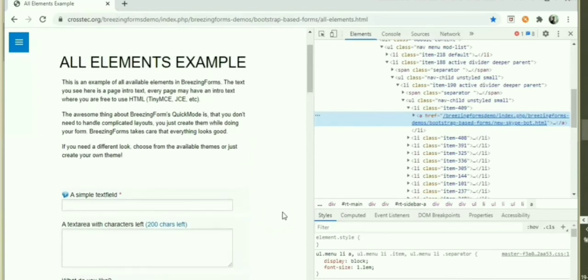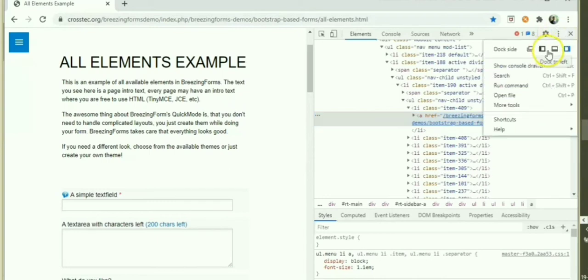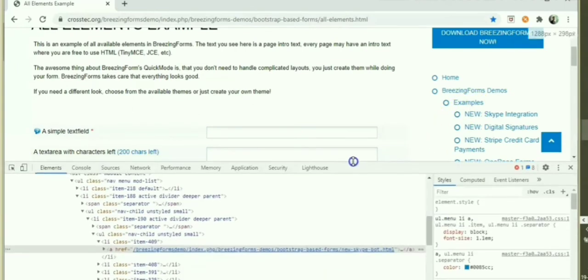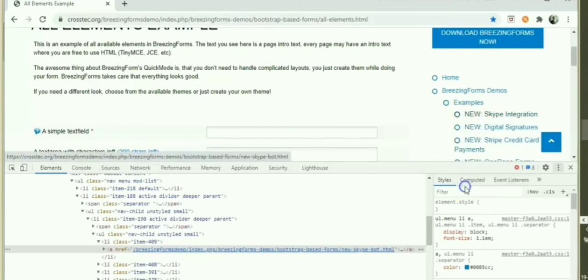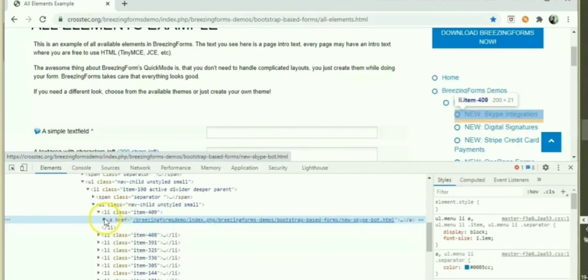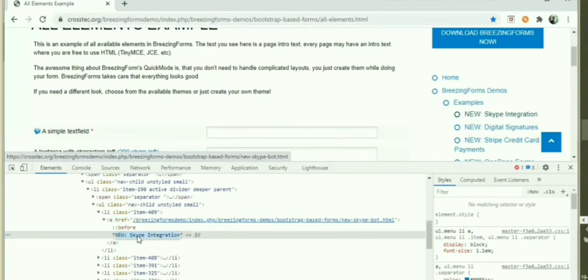So let me change the landscape mode so that we can see this easily. Go to the bottom. So this is my value. I will click on this link. Let me expand this, copy this value, paste here.